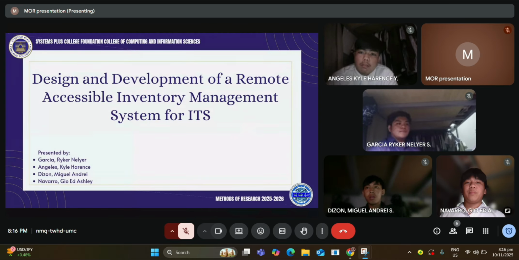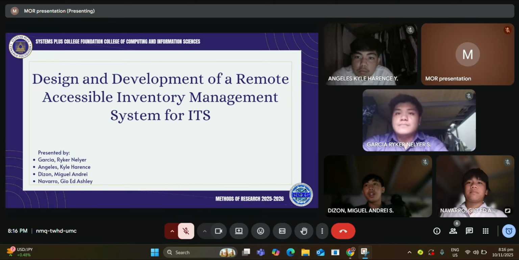The third question is, what are the key features or components of your proposed IT concept, and how do they integrate to achieve your objectives? The system includes a centralized database, secure login and access control, automated reporting, real-time data updates, and regular data backups. All these features work together to make inventory management faster, more accurate, and more secure.